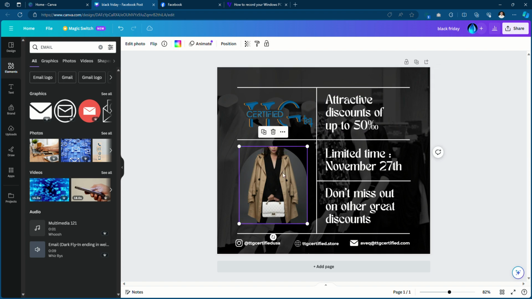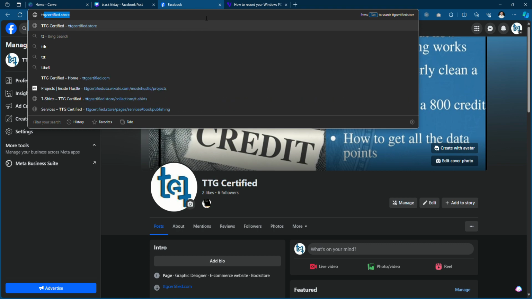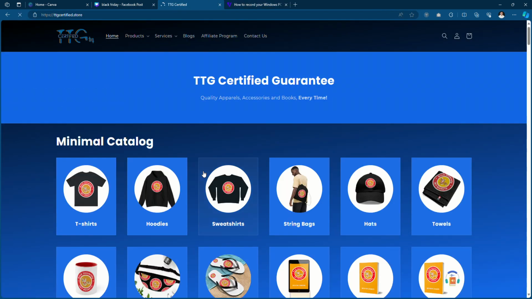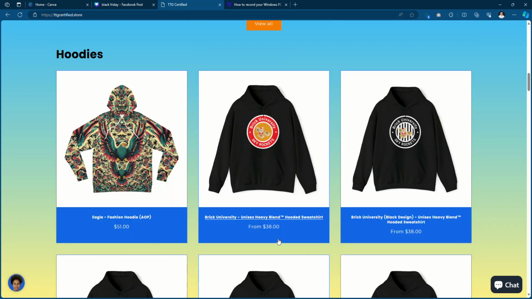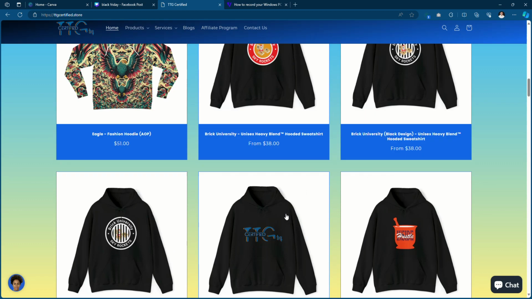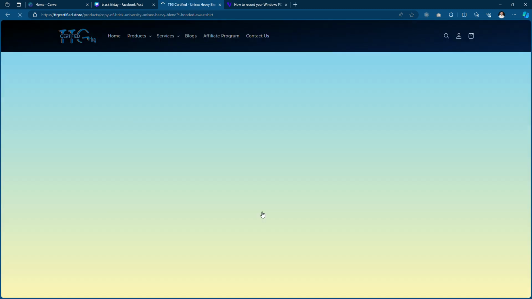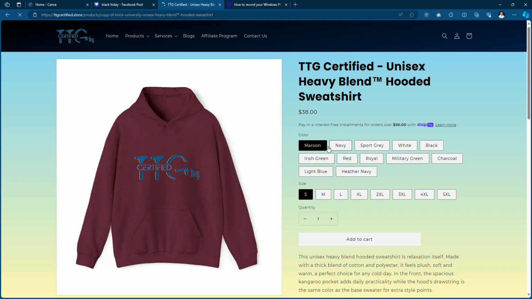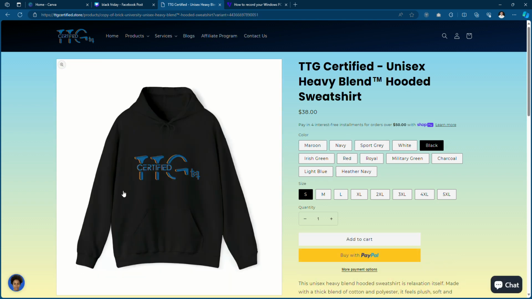Then change this image to our preferred image. So let's try to use this image and choose for the color this one, then save as image.